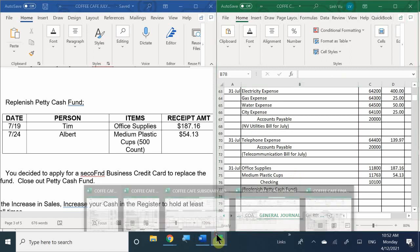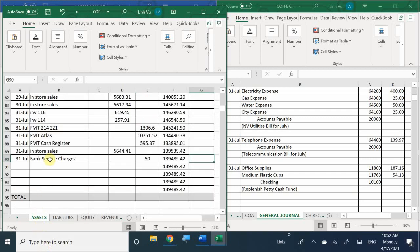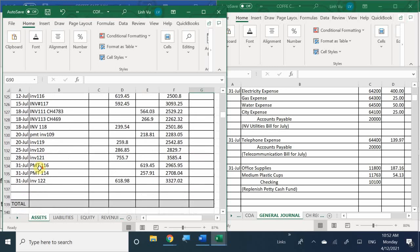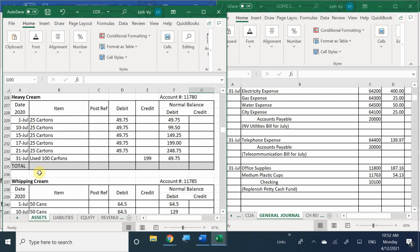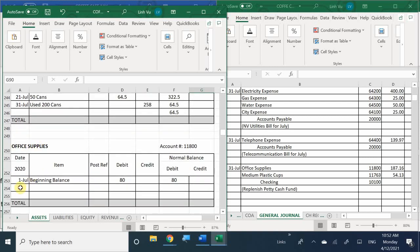So now I'm going to go ahead and update my ledger. So all of these are assets. So we're going to start for the very first one, which is going to be increasing my office supplies. So Tim, one of the workers, Bob sent him to go buy some more printer paper, some more ink, etc. Okay, and then I'm gonna write here